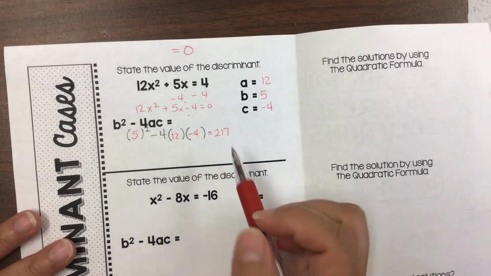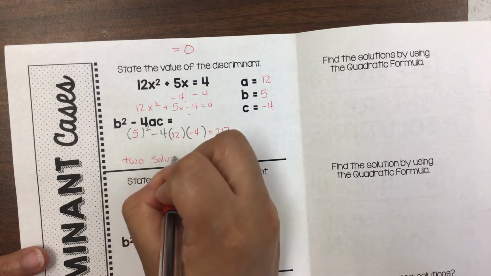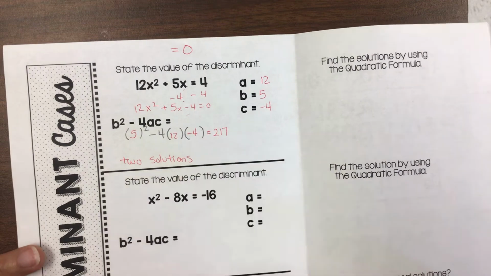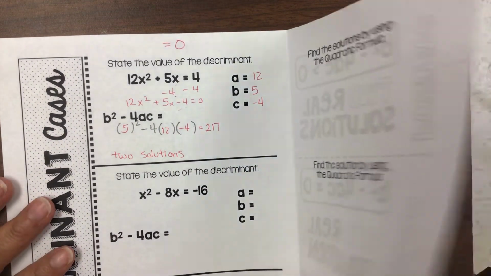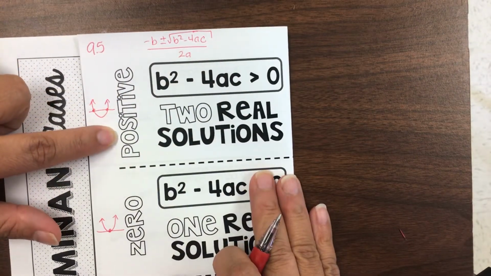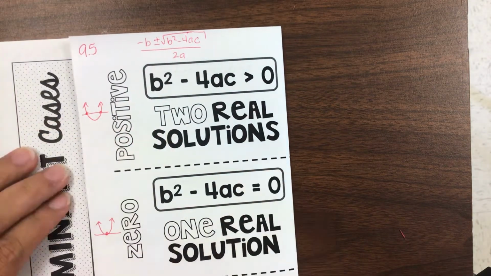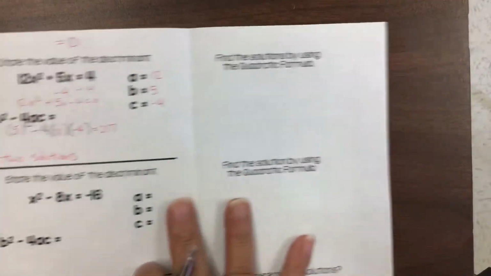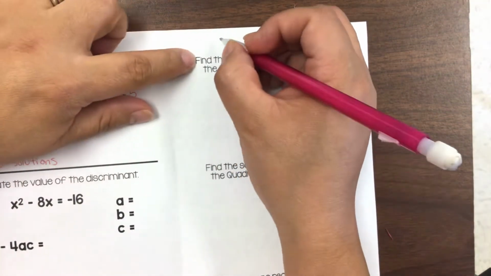Because it's positive, that means there's going to be two solutions. And that's why it's called a discriminant, because it's going to tell you what your next steps are going to be. So when that discriminant is bigger than 0, then it has two solutions. All right, and now that we know we have two solutions, we're going to use the quadratic formula, which again